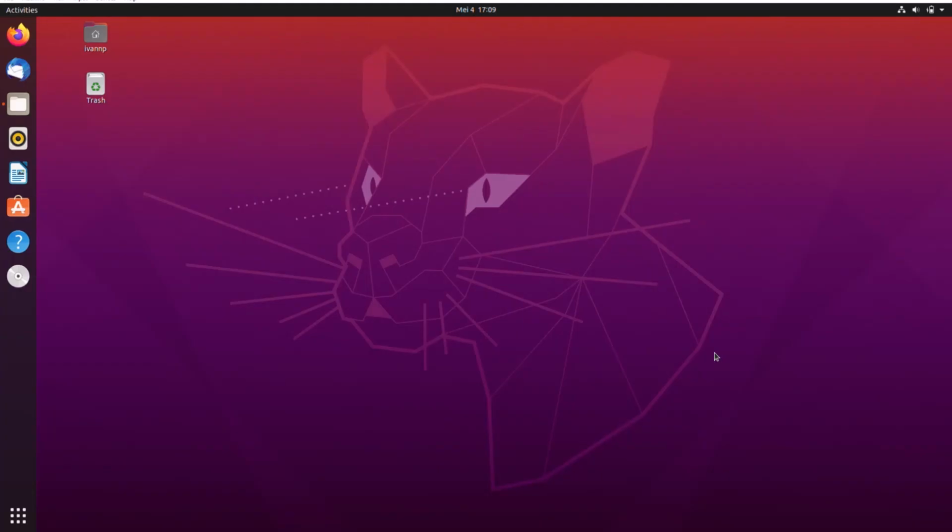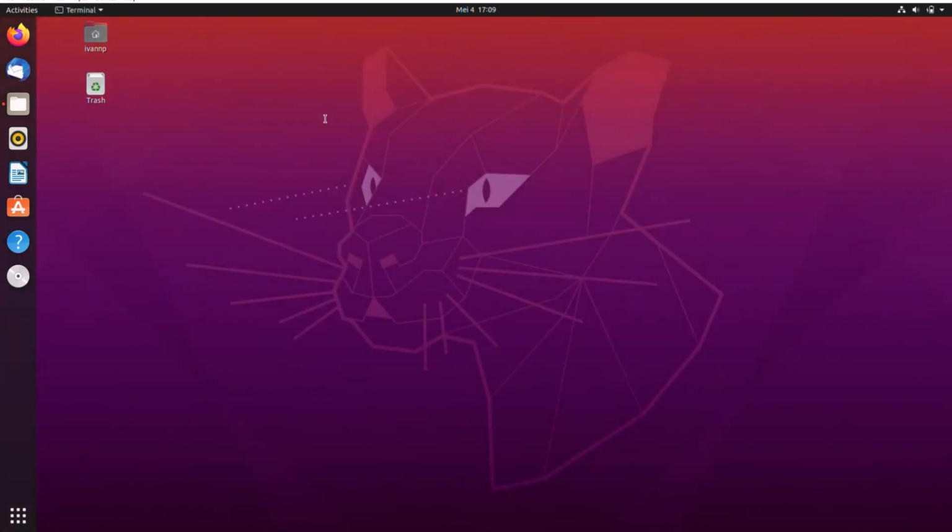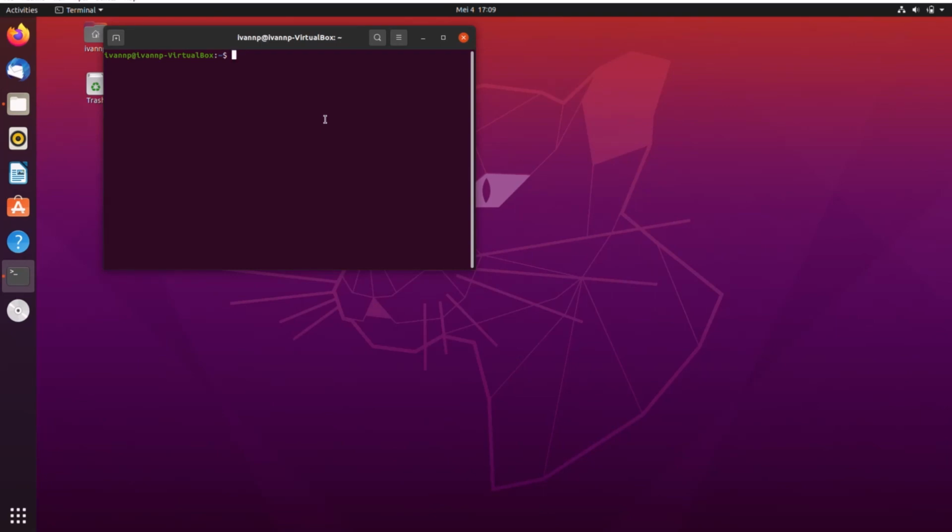Now, I already have my Ubuntu virtual machine running from Oracle VM VirtualBox. To run our program, we first open terminal, then type cd environments, then activate our virtual environment. Once we have activated it, we can run our program by typing python imagenet.py